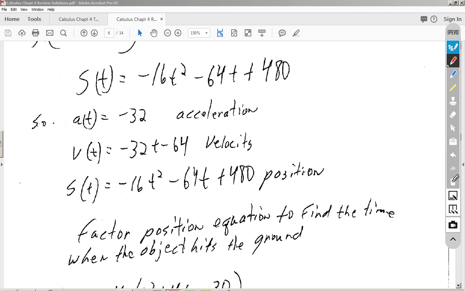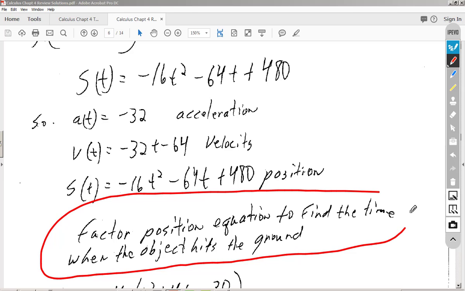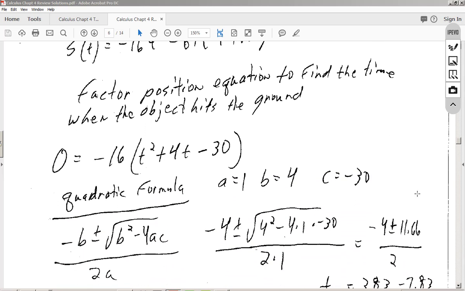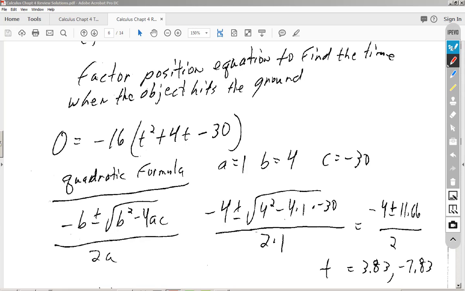So now the question is, it says with what velocity does the object hit the ground? So what I'm going to do is factor the position equation to find the time when the object hits the ground. So that's going to be my next step. So I'm going to go ahead and factor that position function. When I factor it, you're going to notice that it isn't factorable. So I take out that negative 16, I get t squared plus 4t minus 30. It's not factorable. So since it isn't factorable, I have to use my